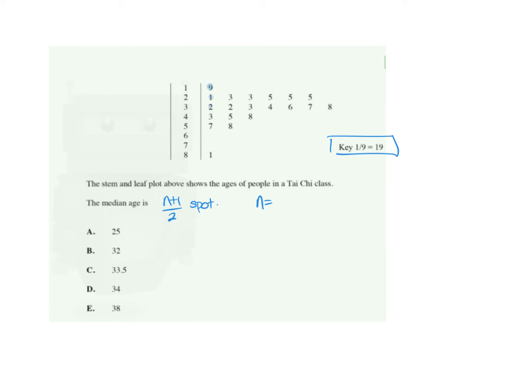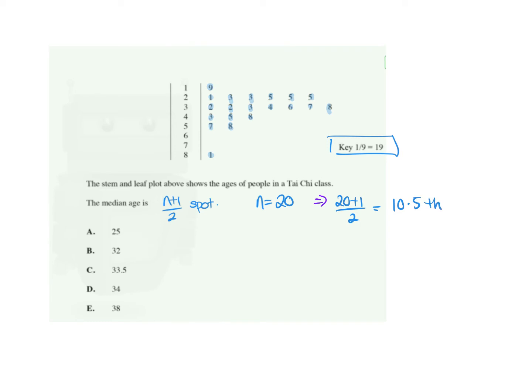So 1, 2, 3, 4, 5, 6, 7, 8, 9, 10, 11, 12, 13, 14, 15, 16, 17, 18, 19, 20. So there's 20 leaves. This is a good one because it's going to be a little bit different. If I do the median at (20+1)/2, that means I'm at the 10.5